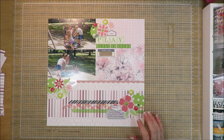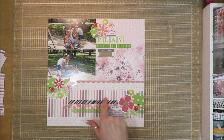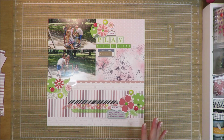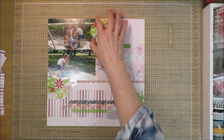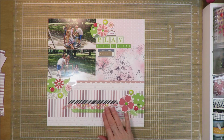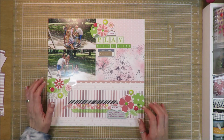It's probably a little too purpley, but you know, I'm okay with that. There's some purpley pieces, strips in here. So this is what I did. I kept it close to the original sketch. I still have 3 embellishment clusters. I did this a little bit differently by adding my washi strips down here, and I built my clusters up